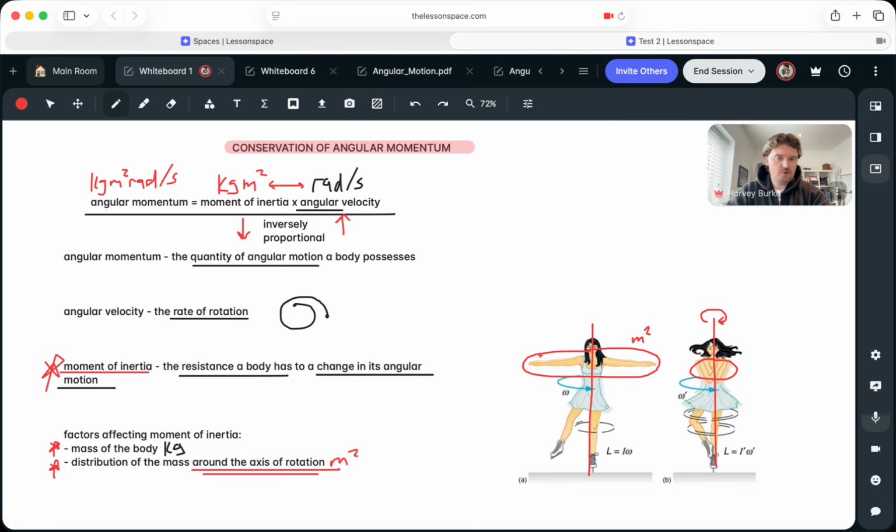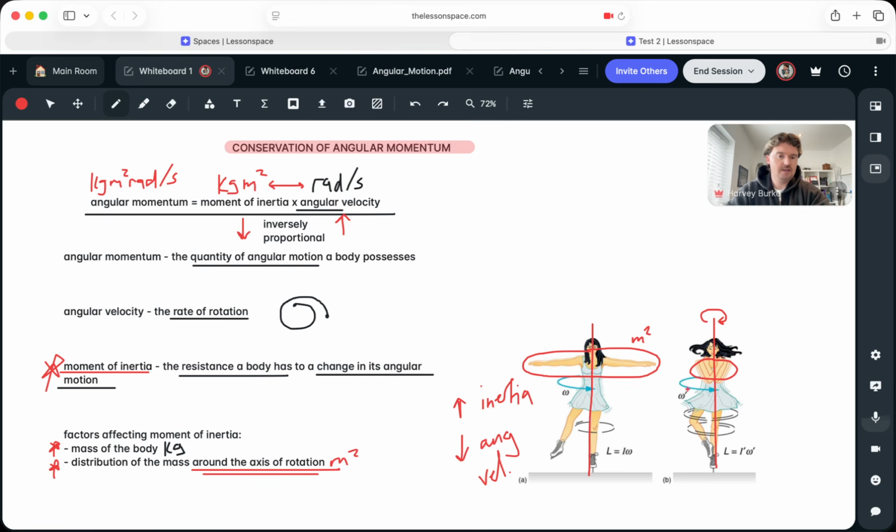And when they distribute their mass further away from an axis of rotation, we say that that increases their inertia. So now in this position here, they're more resistant to spin. And as a result of that, that decreases their rate of spin. So that lowers their angular velocity. So here they've distributed their mass further away from the axis of rotation, which has increased their inertia and lowered